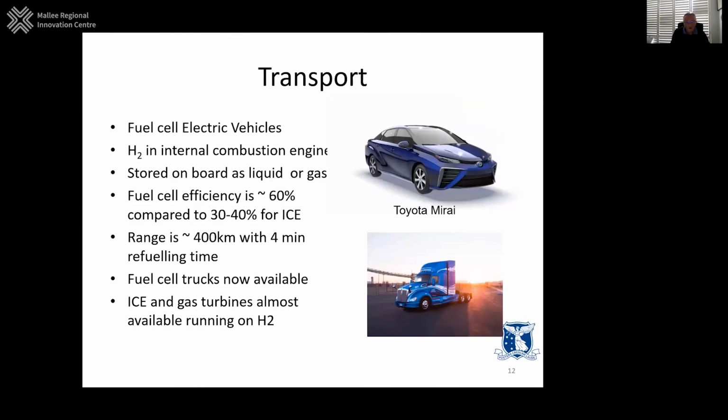So transport, again, what I was saying, there are cars out there. Personally, I don't think cars are the way to go for hydrogen. I think heavy duty trucking. We're kind of right at the stage now where a lot of the big truck manufacturers are making fuel cell trucks. And I would say by 2022, 2023, we're probably going to see a lot of the big beverage companies and so on, or the big companies that do heavy duty trucking, converting 5%, 10% of their fleet and so on and so forth to hydrogen, because that's a very desirable back to base type of activity where you can have centralized